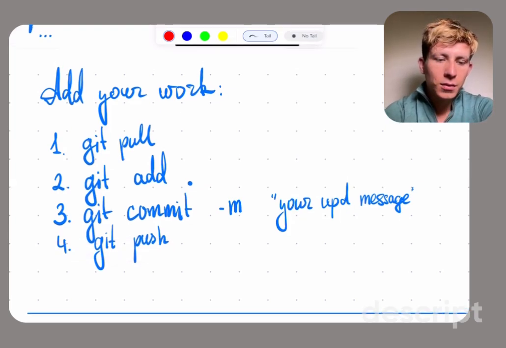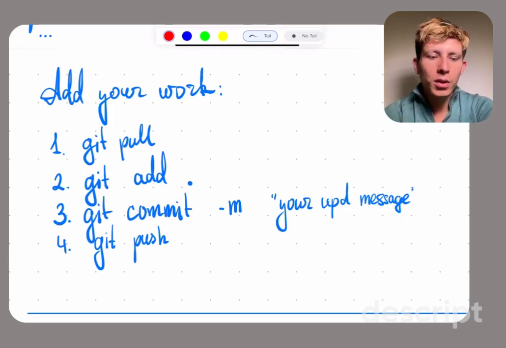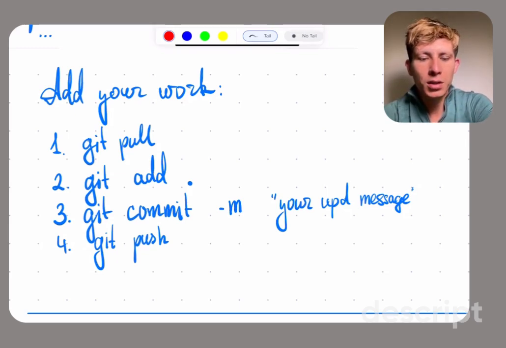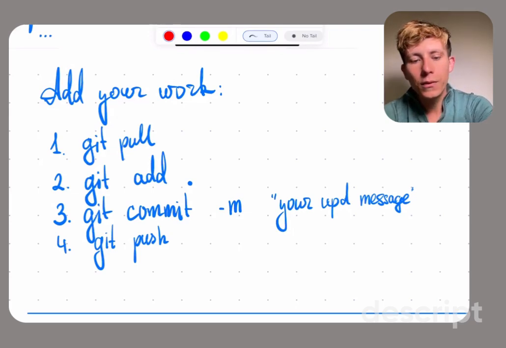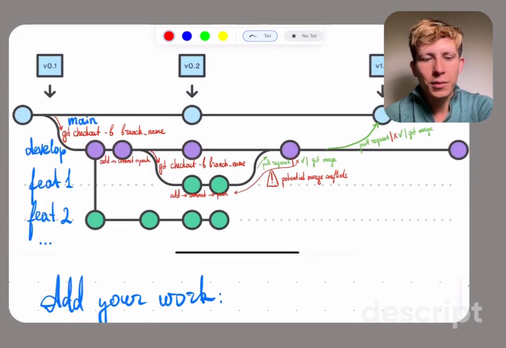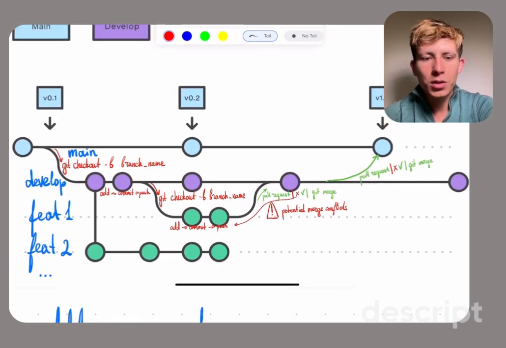And this flow is something that you'll be going over and over again. You'll pull the updates, that is get any changes that have been made, add those updates to the staging area, so start tracking the files, commit the files, explaining what you've changed, and push them, that is to upload them to GitHub. When you are setting up your repository, as I have previously mentioned, you might want to work on